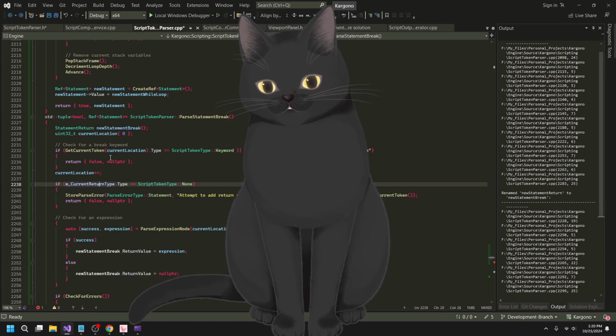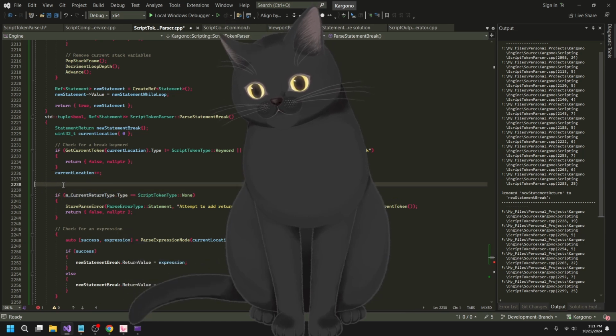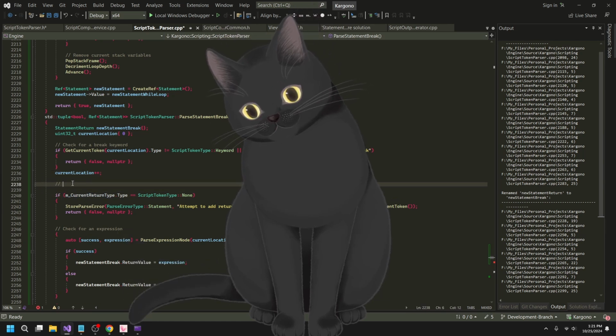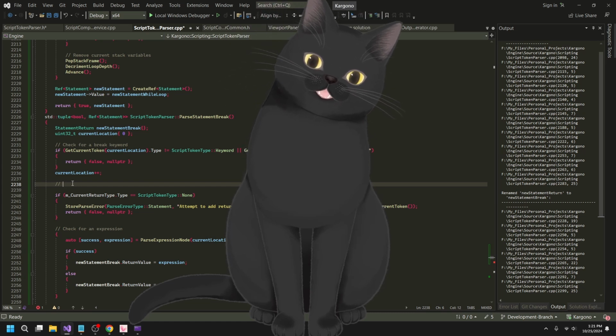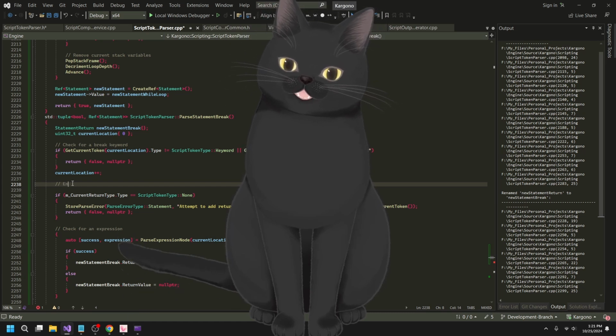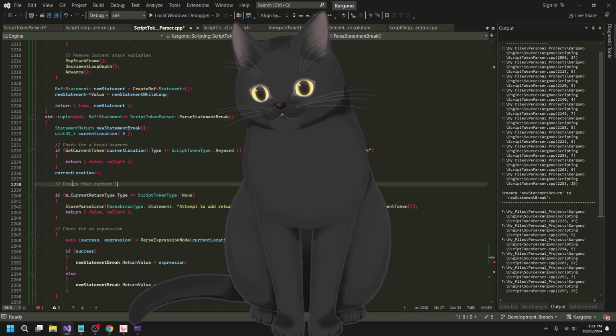Cool, this is irrelevant though. But what I will check here instead is, let's see, ensure that current loop depth is greater than 0.